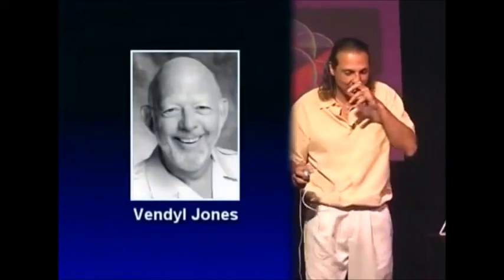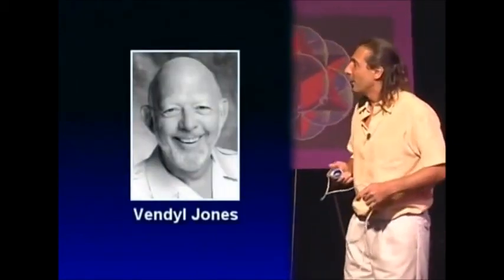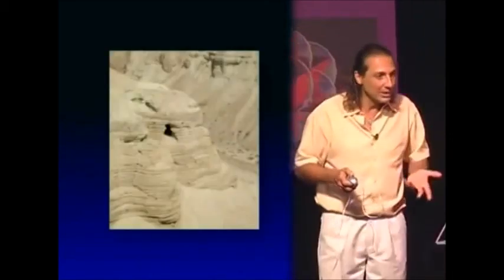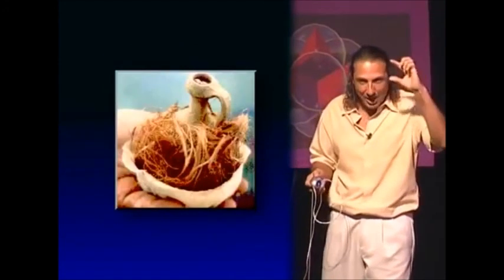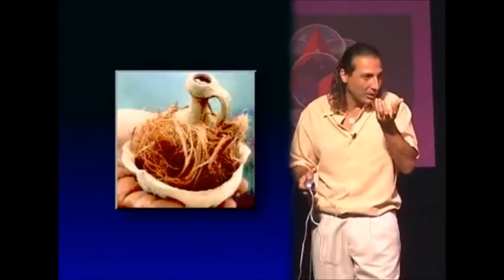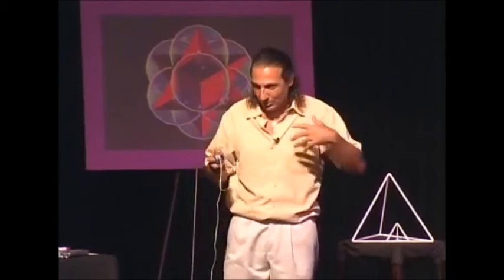Is called Wendell Jones, and he dug in the Qumran region and eventually found one of the first items on the list, which was the oil that you had to anoint yourself with, which increased conductivity on the skin, by the way, in order to go into the Ark room. And Wendell